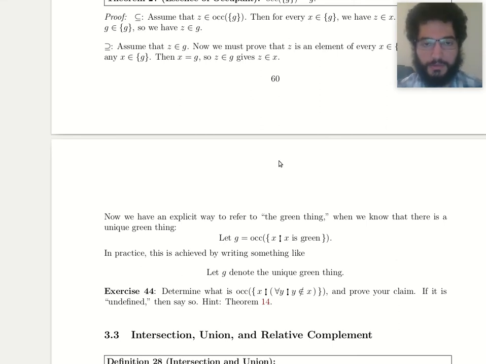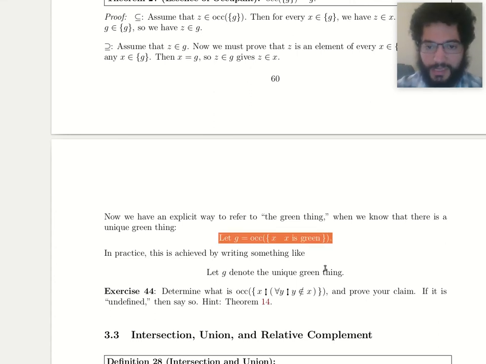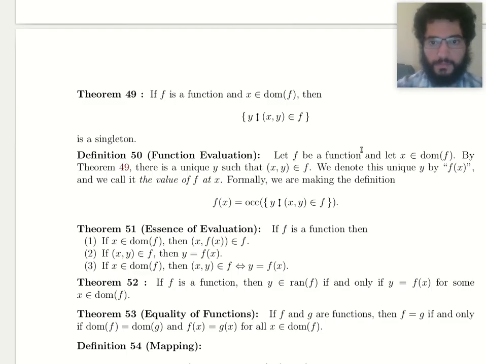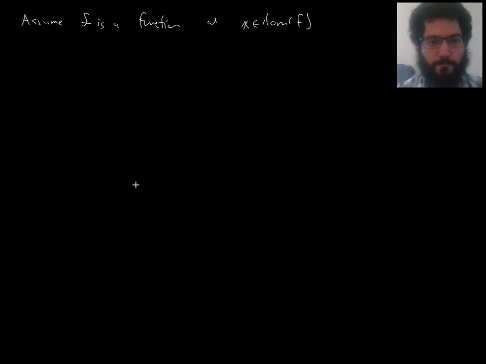So in our context here with defining the value of a function at a point like f of x, I'm sort of giving you these two ways of looking at it. If you look here, one way is symbolic. I'm saying let f of x be the occupant of this singleton set. And another way, assuming f is a function and x is in the domain of f,